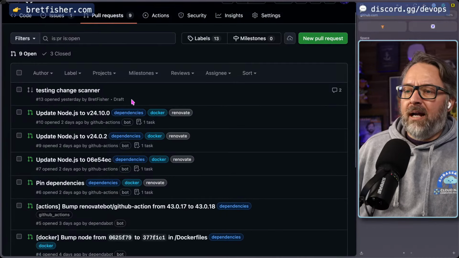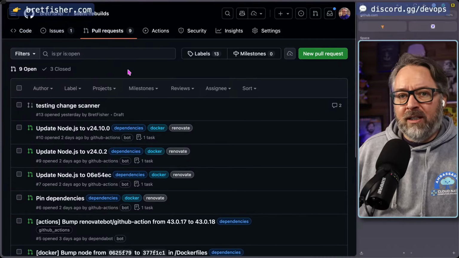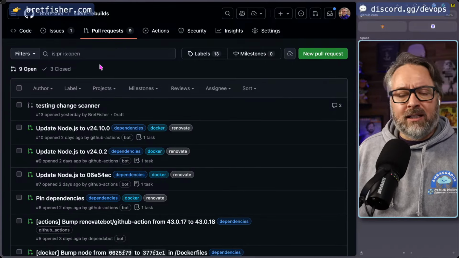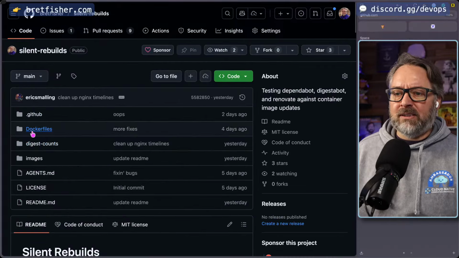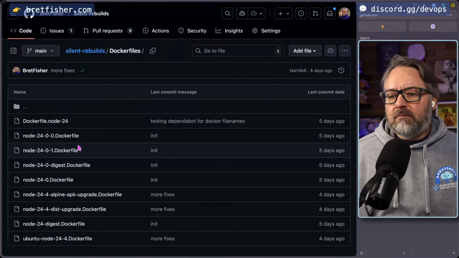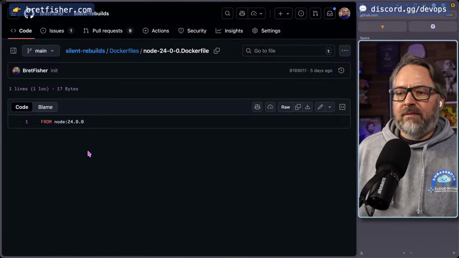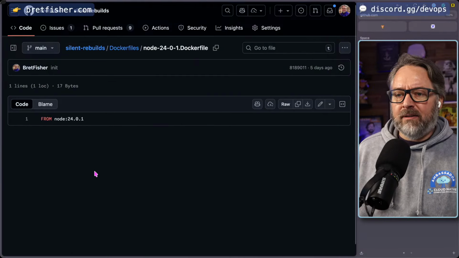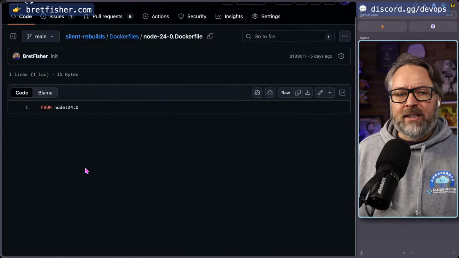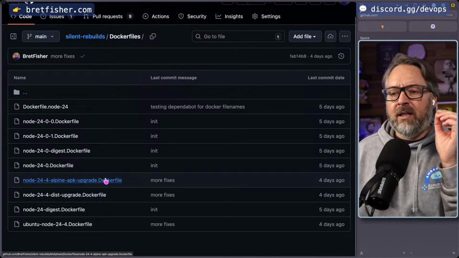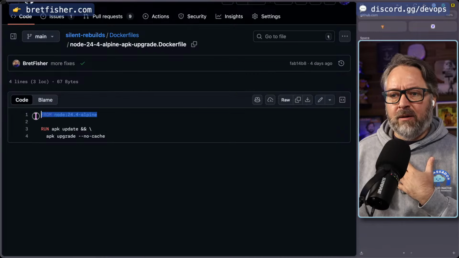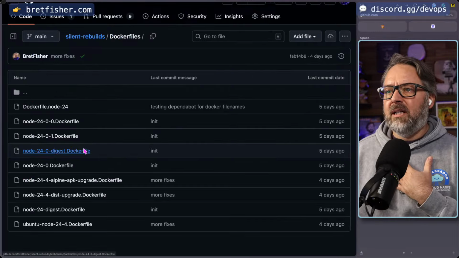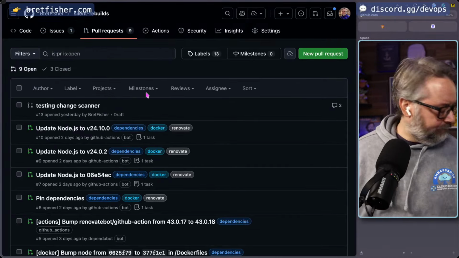So you track those hopefully in GitHub. You're using infrastructure as code, and you're tracking it in your Git repo somewhere. And in my case, I've got a bunch of examples here that I'm building out. And so I've got some very simple Node apps here. I don't really need to show code because I'm showing how, for an infrastructure person, all of my concerns are for the upstream images. So I care about the FROMs in my containers, the official images that are being used. And then when I go into my pull request,